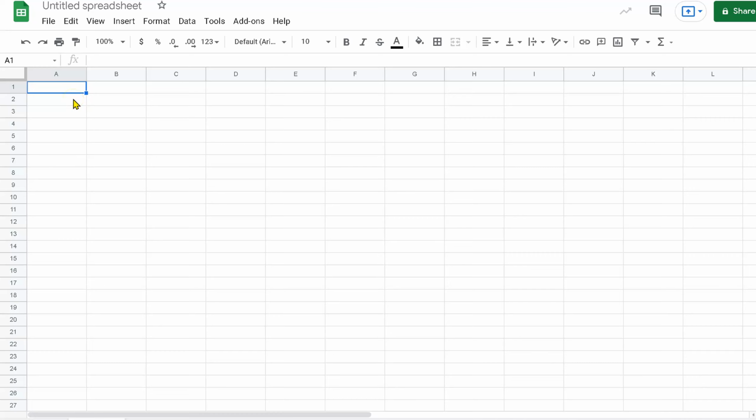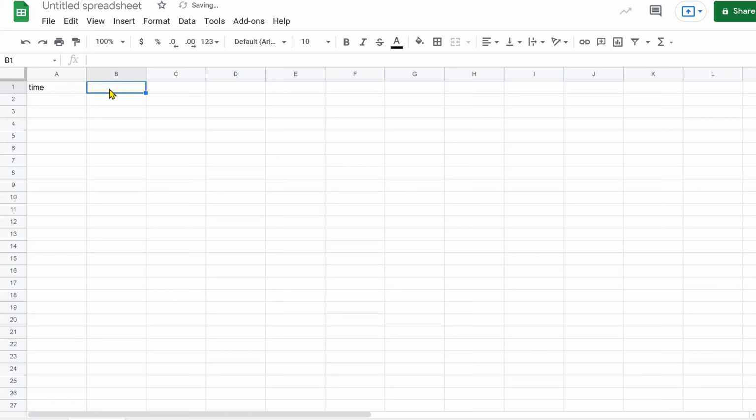So you want to make a graph in Google Sheets, but you don't have data. Instead, you have a word problem, and maybe you know an equation that you want to use to figure out some of the data, but you don't have any data. So your word problem deals with the velocity and acceleration of an object, and you want to plot position versus